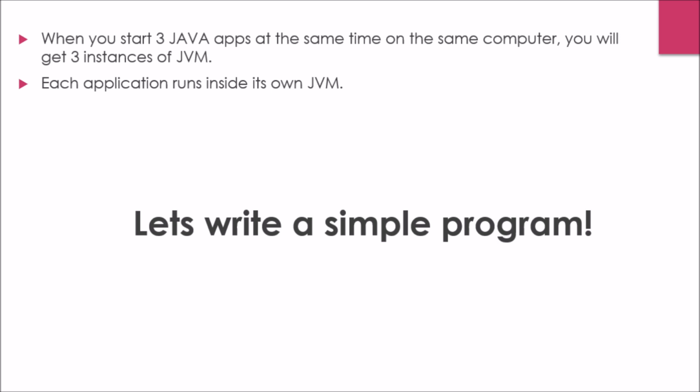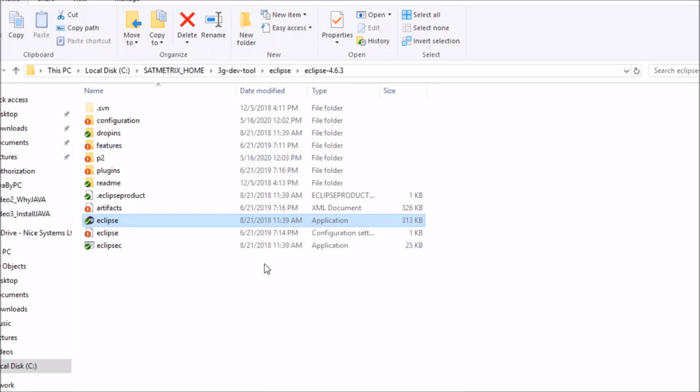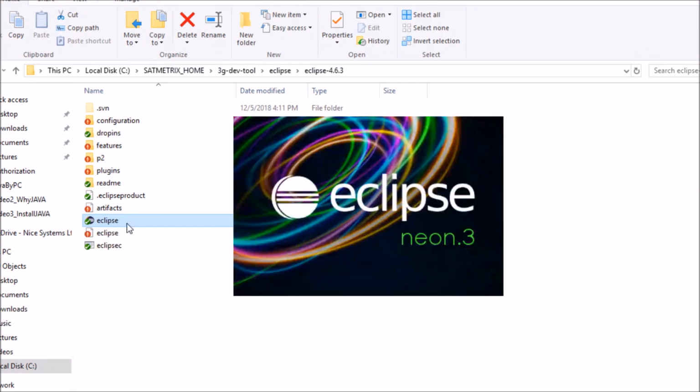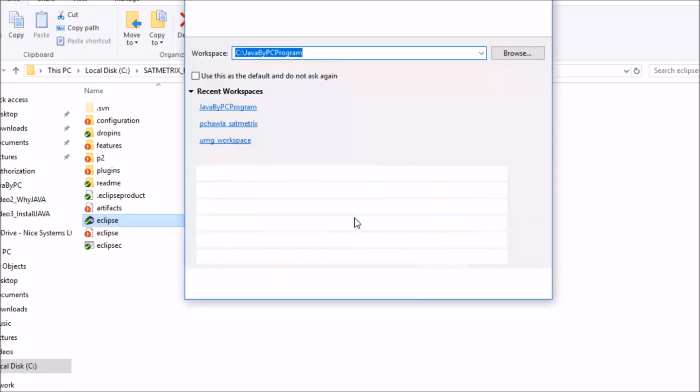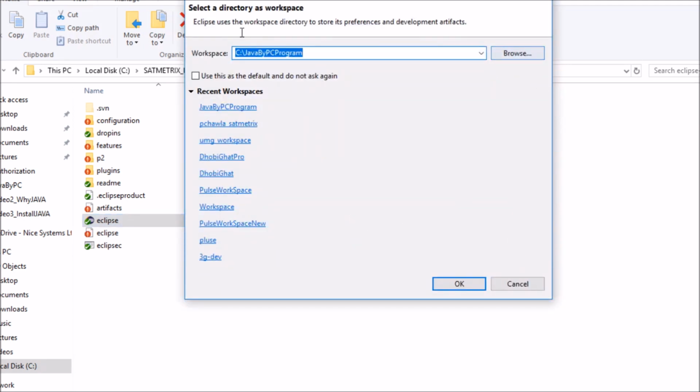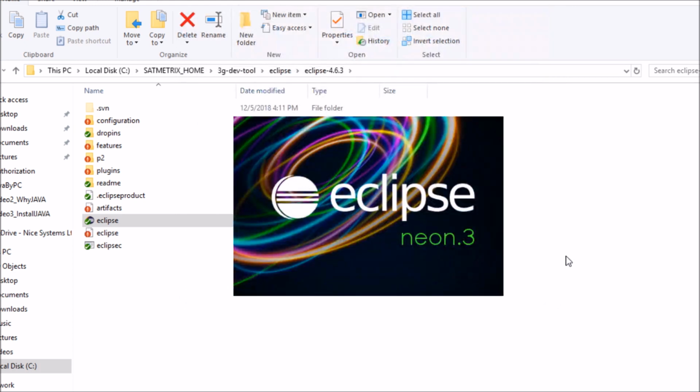So let's open it. This is where my Eclipse is residing. You will find the icon of Eclipse here. You need to double click. You can mention the workspace location here where you want to store your programs and press OK.